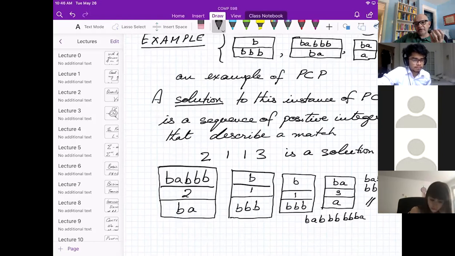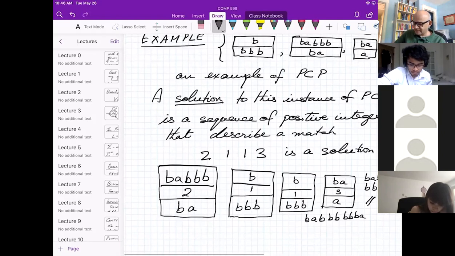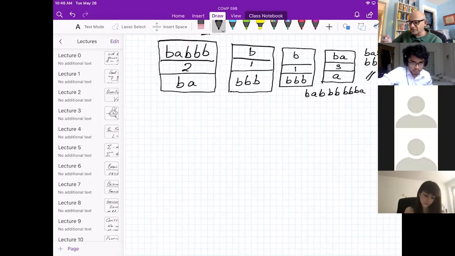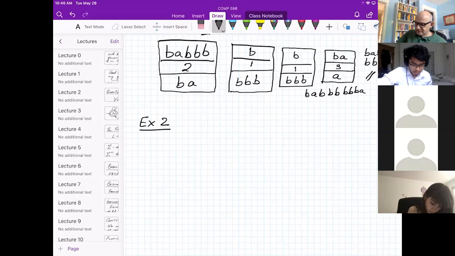Again, it looks like one of those combinatorial puzzles that you can write a computer program to search through and find, but actually this is an undecidable problem. And it's pretty amazing that such a simple thing should be undecidable. Okay, so of course, just because I write down a post correspondence problem instance doesn't mean there is a solution. Maybe some of them have no solutions whatsoever. So for example, here is another instance of PCP.